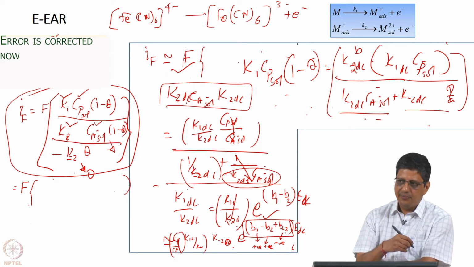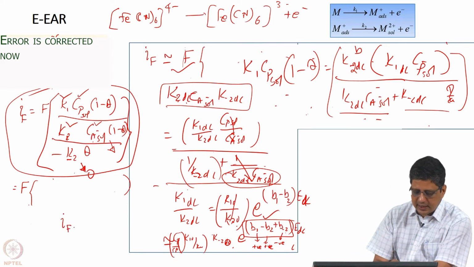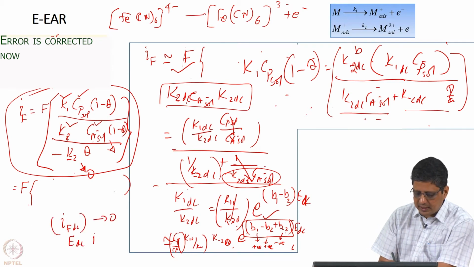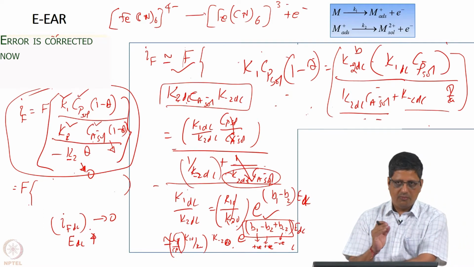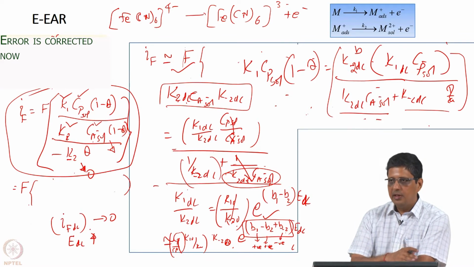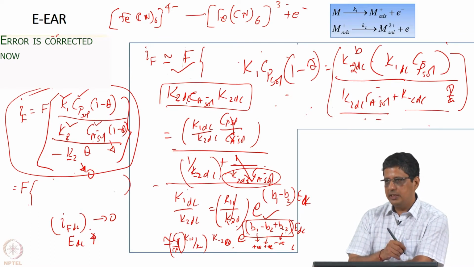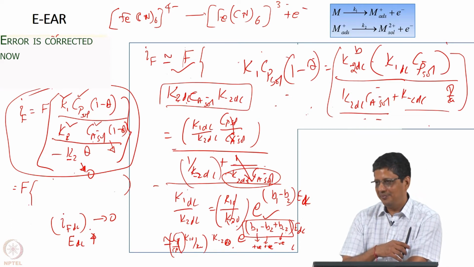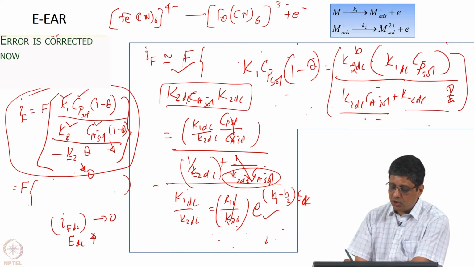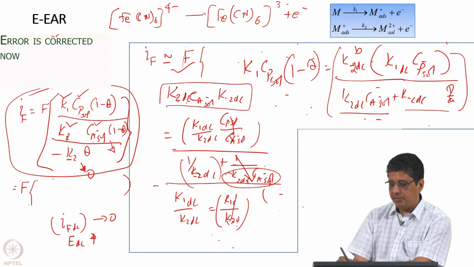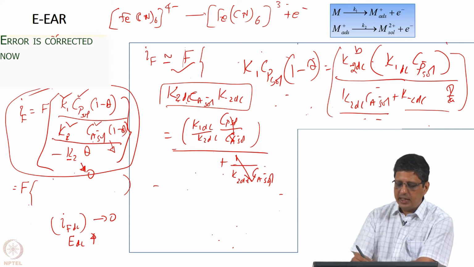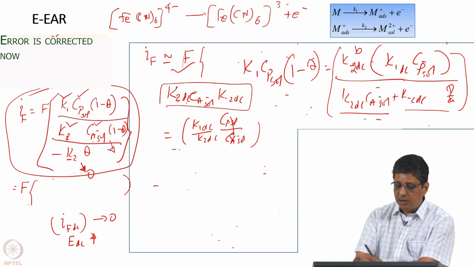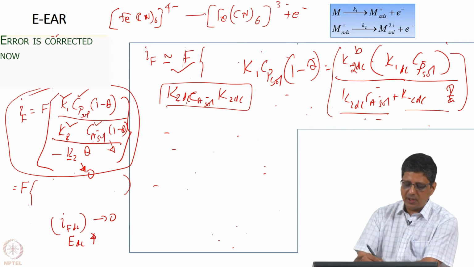Under that condition, you can tell that the DC Faraday current will tend towards 0 when EDC is increased to a large value. I am not saying from 0.2 volts to 0.3 volts. We have to really find how it is. When it is very large, it is going to be tending towards 0. When it is very small, what will happen? Very small doesn't mean 0, it can be a negative value. EDC can be negative. With respect to the equilibrium potential, if we are at equilibrium, then EDC is 0. If you are well below equilibrium potential, EDC is a large negative number.